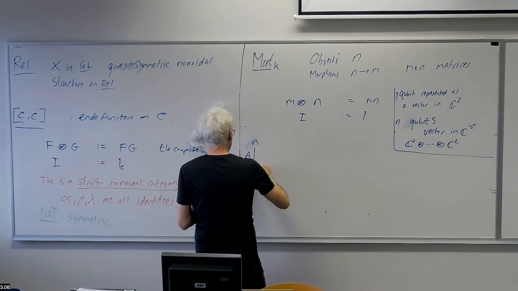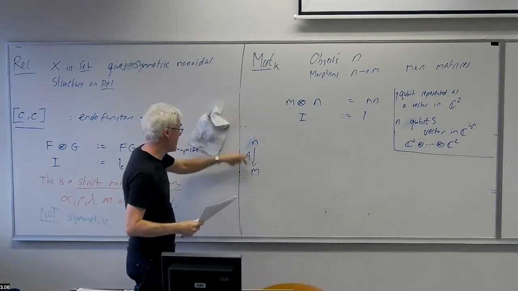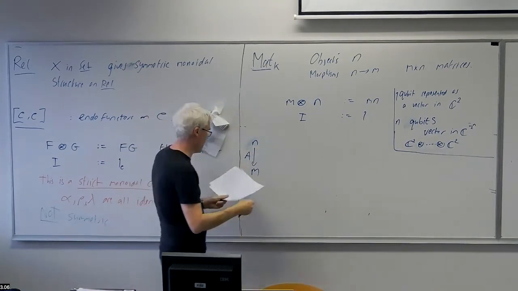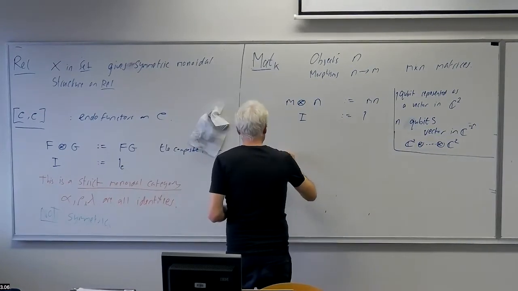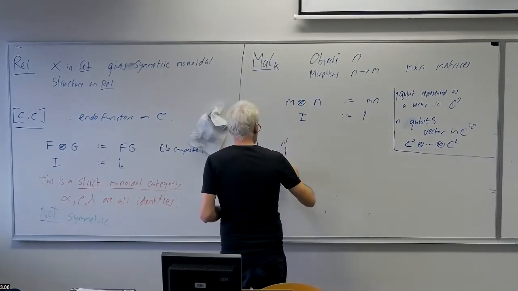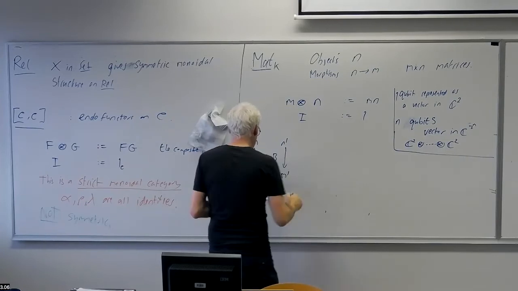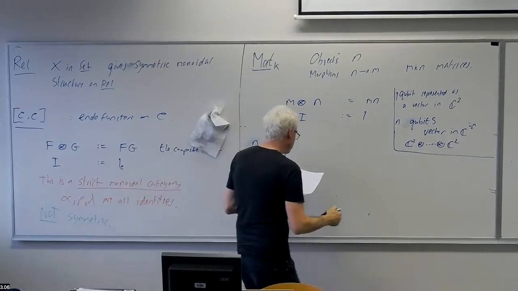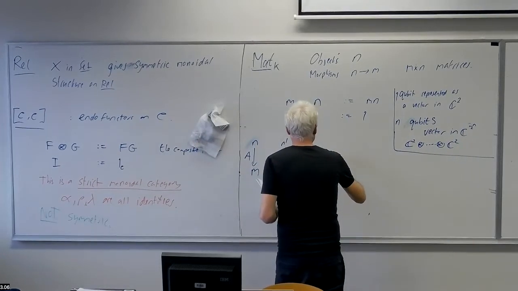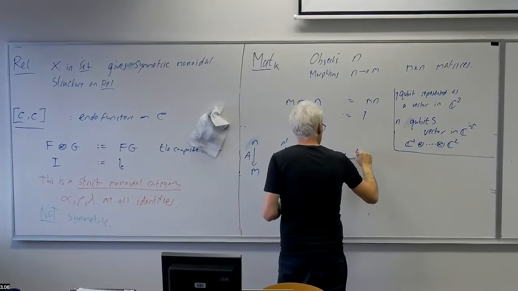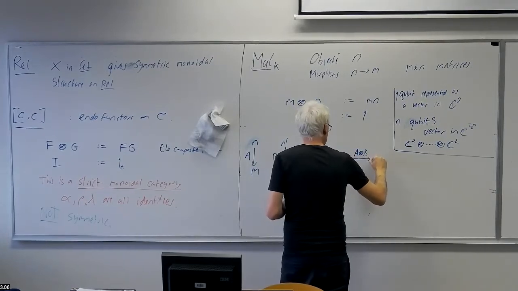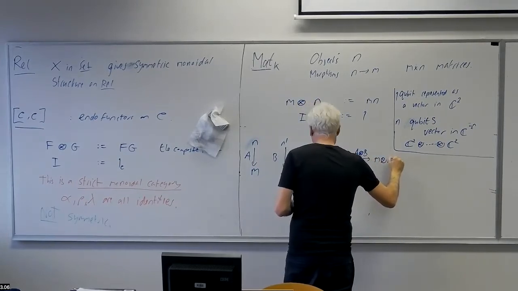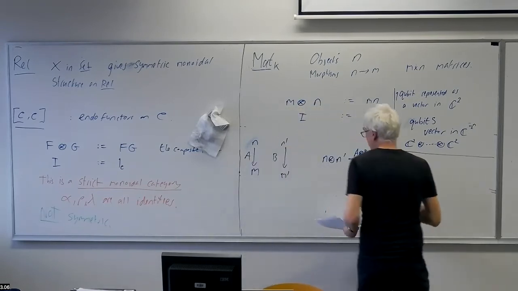So if you're given an m by n matrix A considered as a morphism from n to m, and an m prime by n prime matrix B considered as a morphism from n prime to m prime, then the morphism from n tensor n prime to m tensor m prime, A tensor B, is the matrix